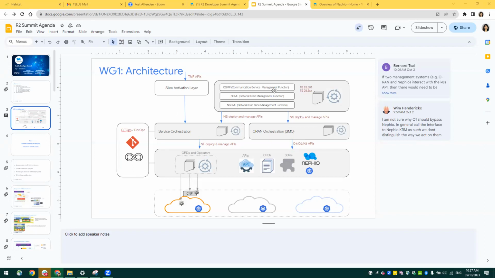The reason for their existence is that there is a lot of work happening in the industry, and this is a broad view of where Nephew actually fits in the broader ecosystem. Just for the sake of showing that we don't do anything with those layers, they stay intact, but Nephew is bringing value at this layer in the network function deployment, onboarding and configurations. That is the scope of Nephew in the short term, and that's the value Nephew is bringing in the overall brownfield ecosystem that exists in the industry. So people can actually place Nephew.